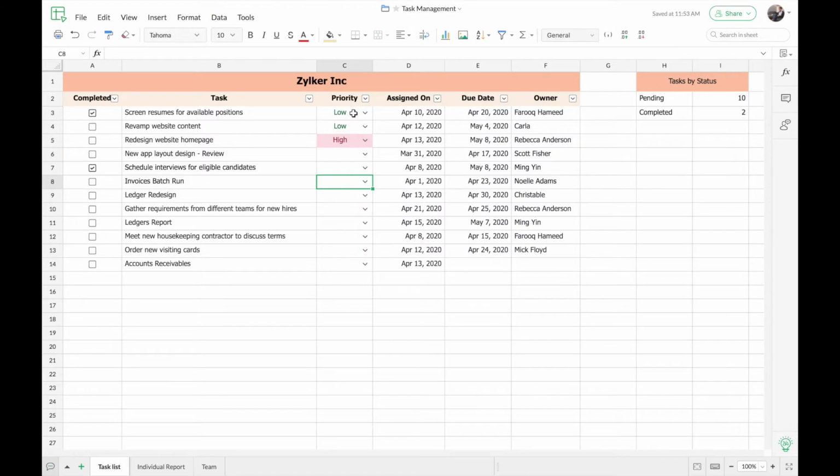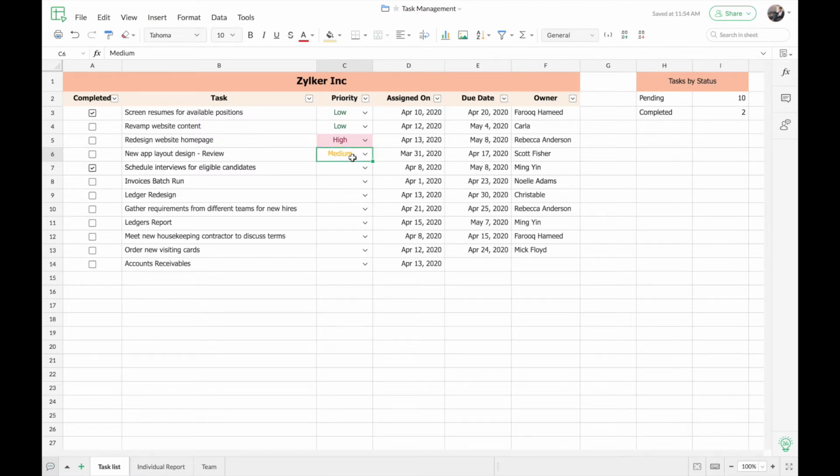So here you can see that the pick list has been applied in the selected range. You can see the predefined formats being shown in the cells that have values already. And you can see a small drop down icon here. So when I try to enter a value in this cell, that will open up the drop down for me. I can simply select the value I want from the drop down.